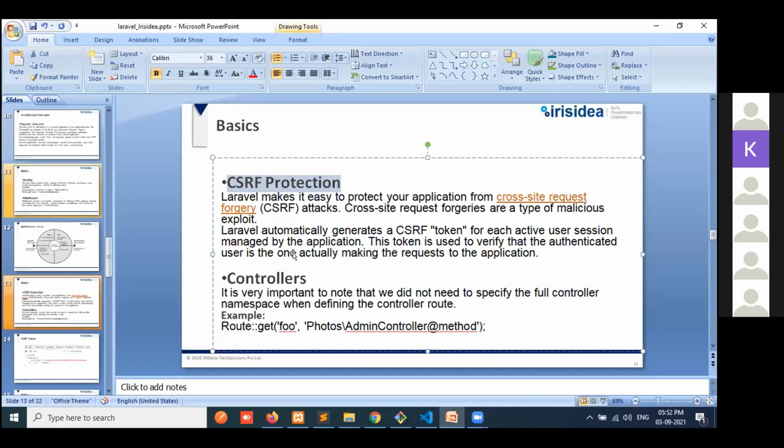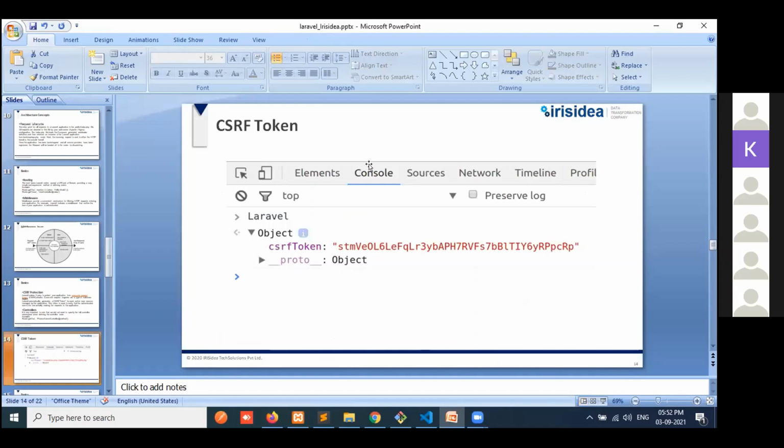You can see also here in this console, we can check whether the token is created or not. So how do we create the token?